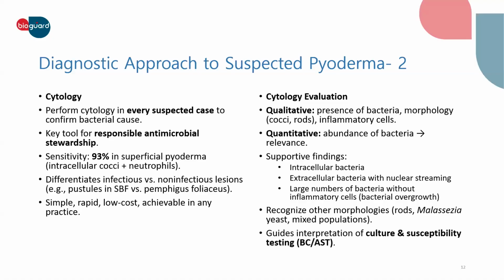This is a key tool for responsible antimicrobial stewardship. The sensitivity of cytology is up to 93% in superficial pyoderma. Also, when we see intracellular cocci in the neutrophils, we can almost say it is